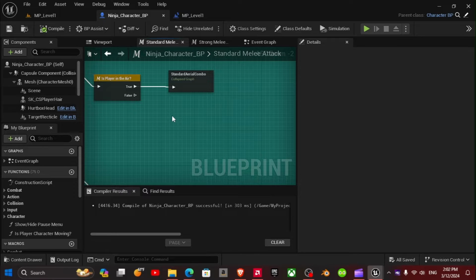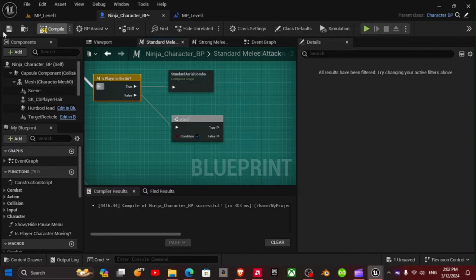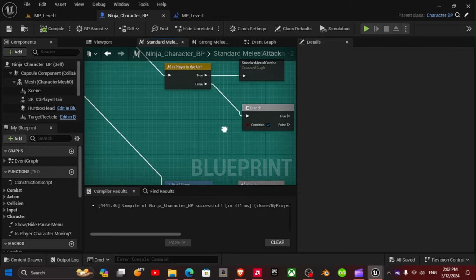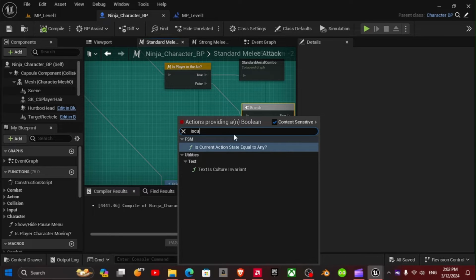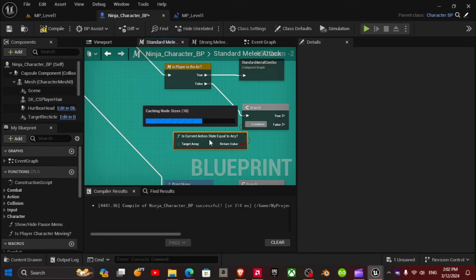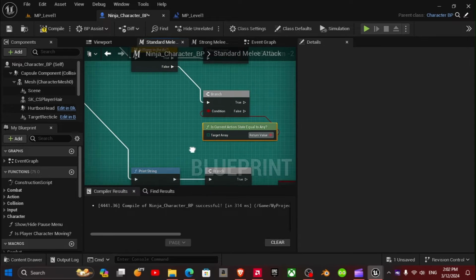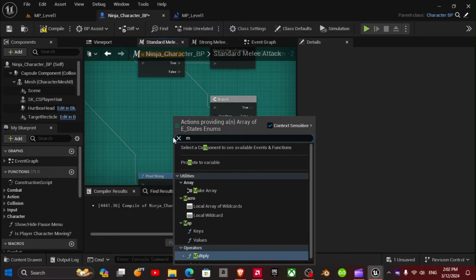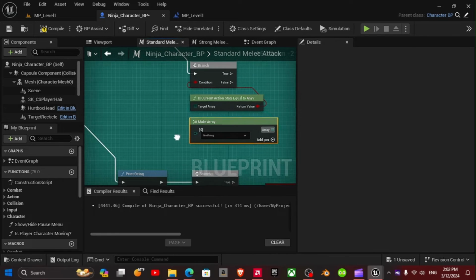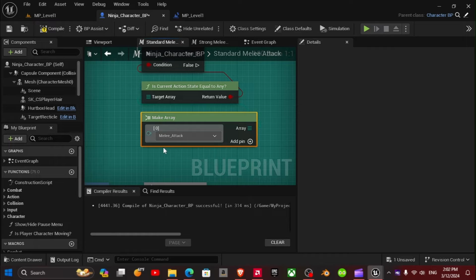Let's hold the B key and bring out a branch. And from here, we're going to use this, and from here, we're going to make an array out of it. We're going to use melee attack.